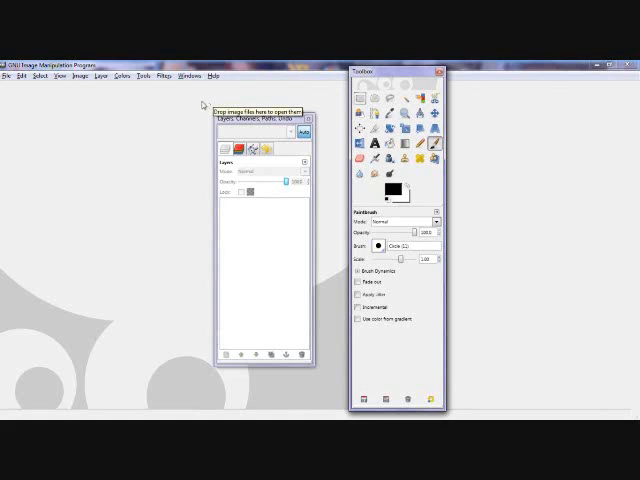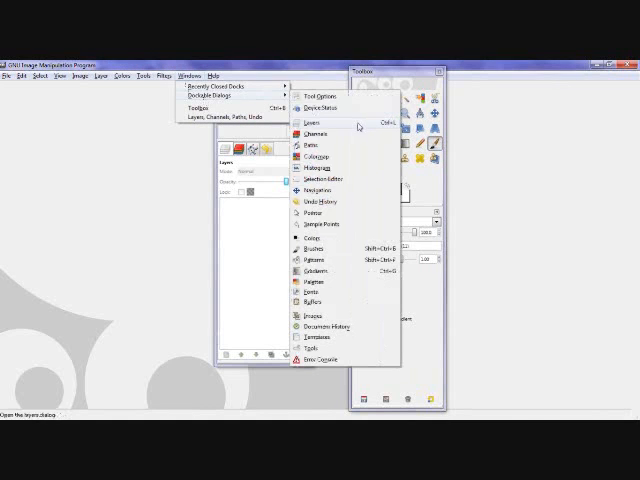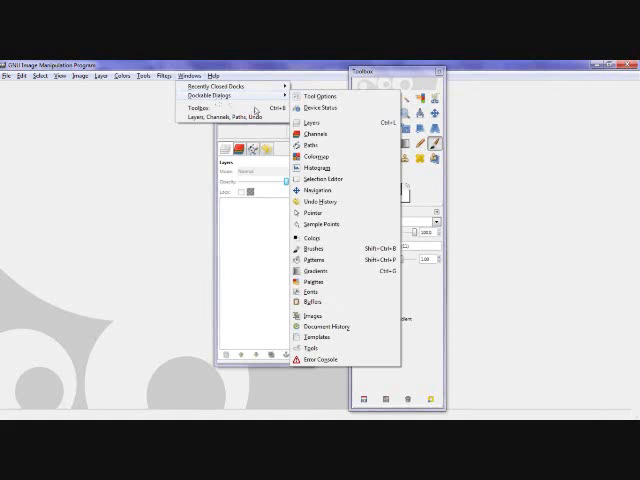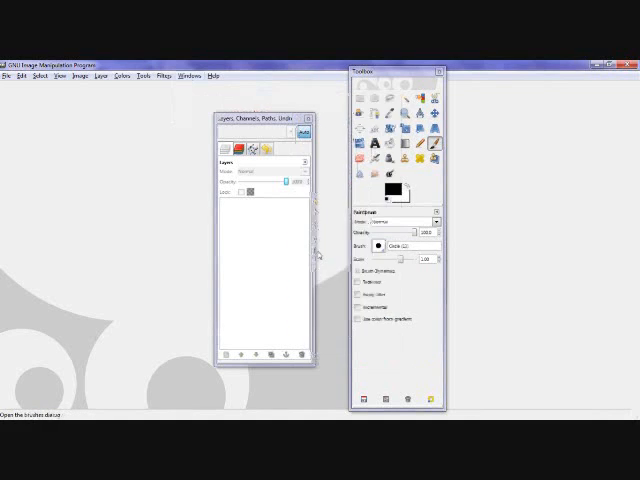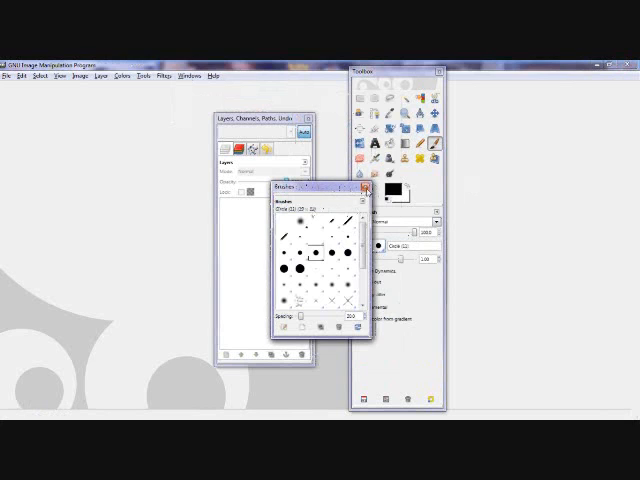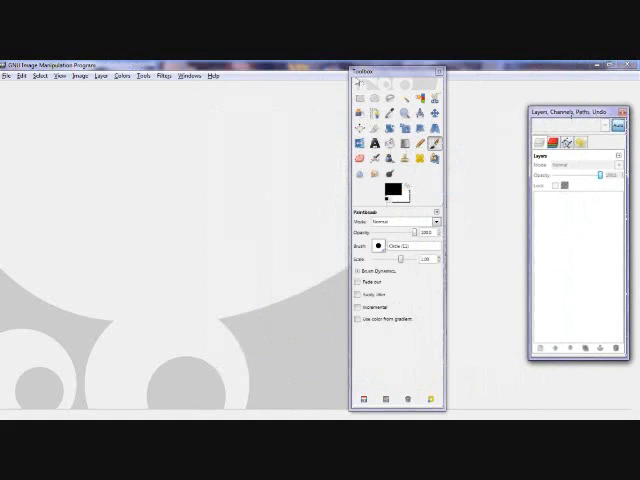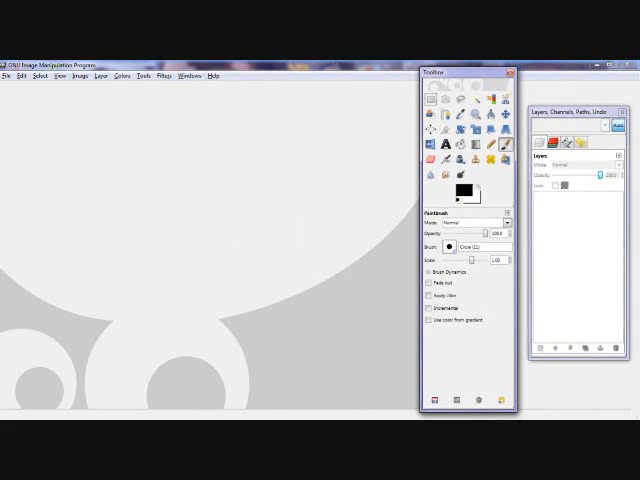And if you don't have that open, you can hit this Windows button right here and hit Dockable Dialogues and hit Layers, which will be that. And you can hit brushes, which will be that. You kind of get the point. So, yeah. And the second thing you're going to do is hit File,